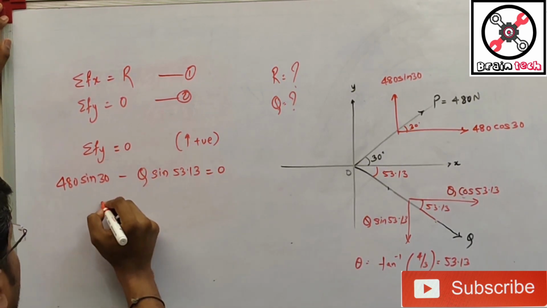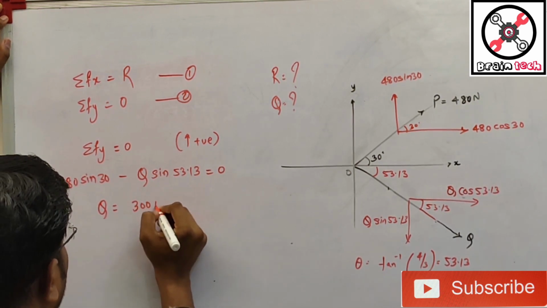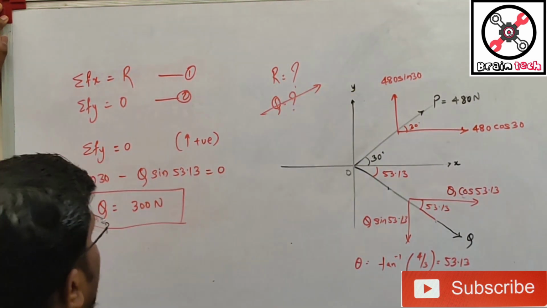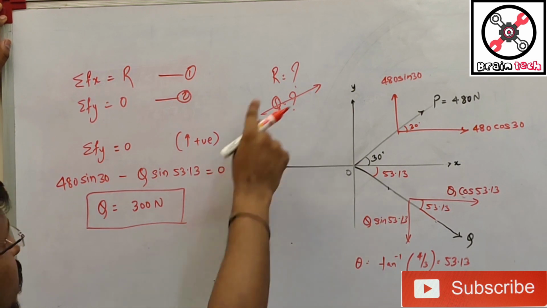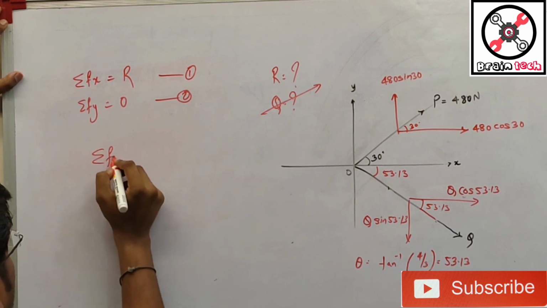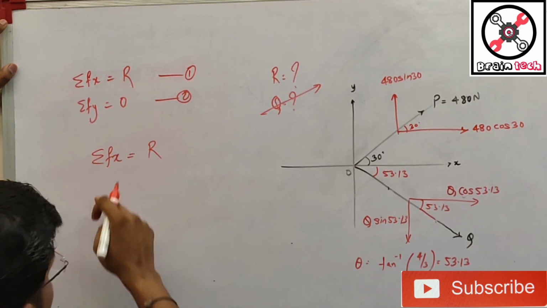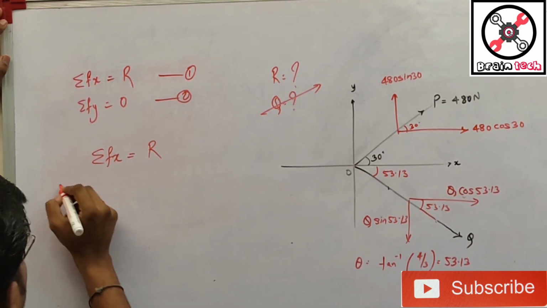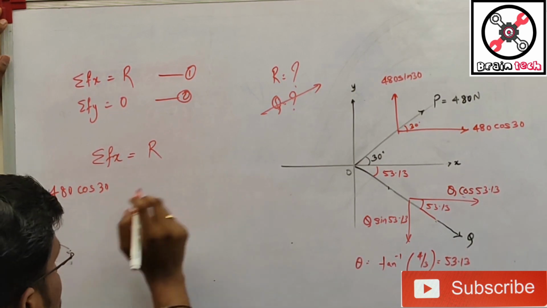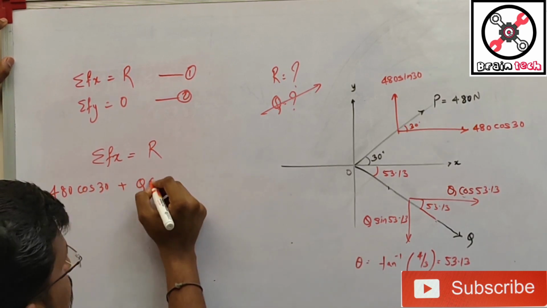Now when you solve on the calculator, you get the value of Q as 300 Newton. So the first value I got, my Q value I got. Now I need to find what the resultant value is. So that we'll see, resultant. So that says summation F of x is equal to R. Now F of x means all the horizontal forces will come in summation F of x. So that is 480 cos 30, because it is moving towards the right, that is positive, and here also it is going towards the right, that is Q cos